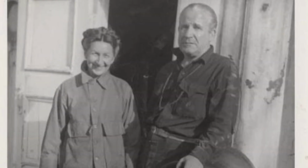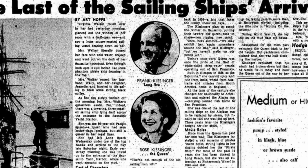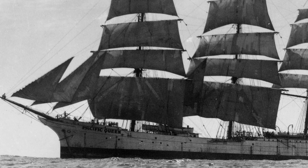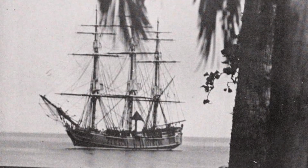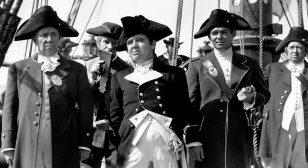In 1933, Frank Kissinger, known as a showman, bought the ship for $5,000, and he had grand plans. Kissinger hoped to create a floating exhibit of sea life, but instead, the vessel, then renamed the Pacific Queen, spent a few years as a tourist-focused pirate ship, with wax figures serving as her dangerous crew. The Pacific Queen was also used as a set for several movies, including Mutiny on the Bounty, starring Clark Gable